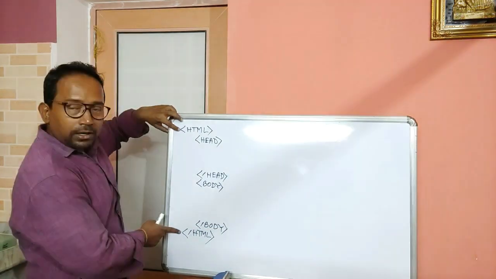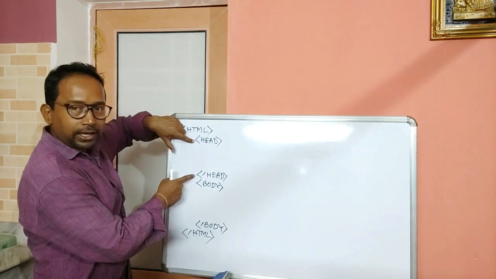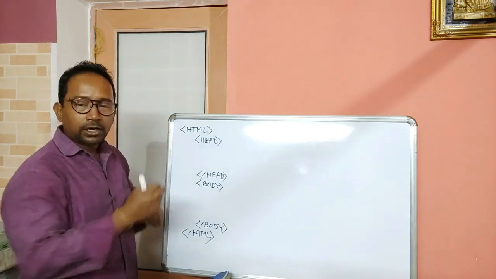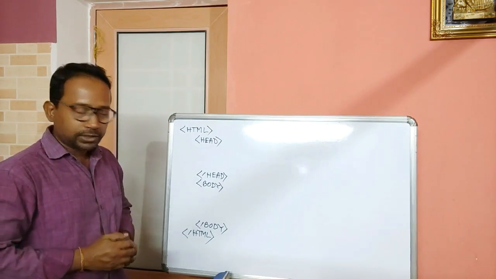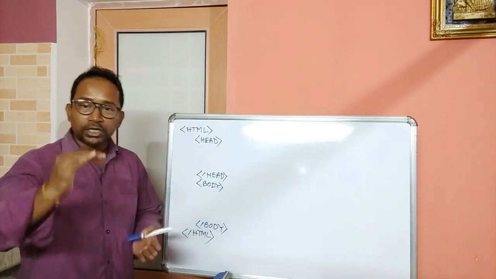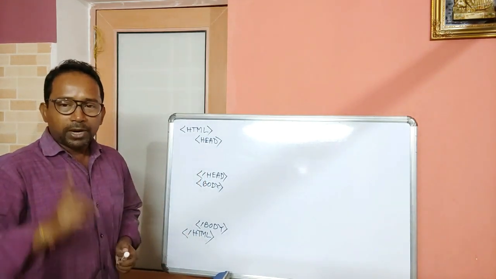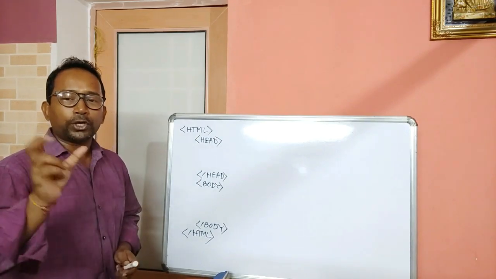So this is one paired tag, HTML, which will contain the full HTML code of my web page. Now this HTML code contains two sections: the head section, for that the head start and end tag, and the body section, for that the body start and end tag. So what does the head section contain? The title of your web page and the information about your web page. And the body section contains the contents of the web page. In head, many elements we can use, but one element is very important, that is the title element, to specify the title for your web page.